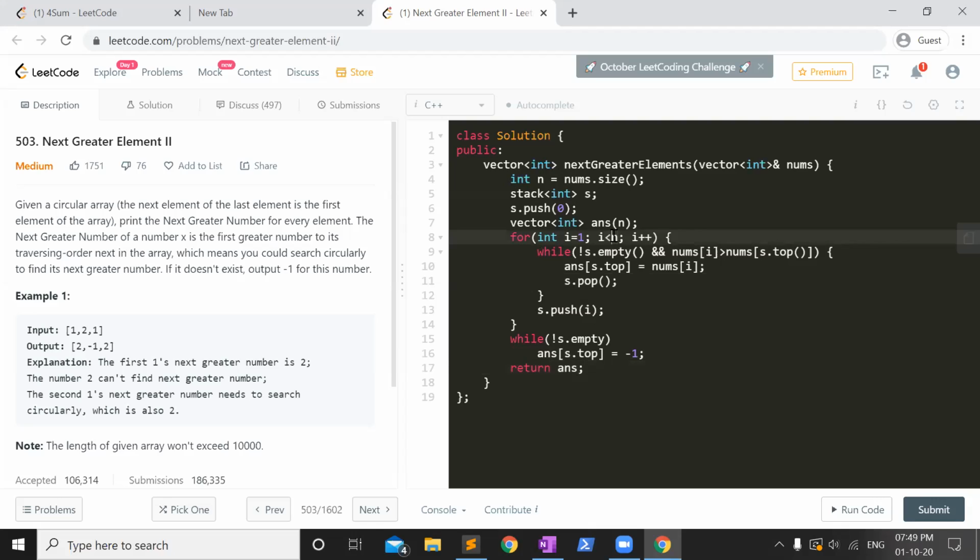The only change we have to make is we have to check with the values from 1 to 2n, but we only need the next greater element for the first n values. So our answer will only store for the first n values, but we will check for the first 2n values. So what we can do is say